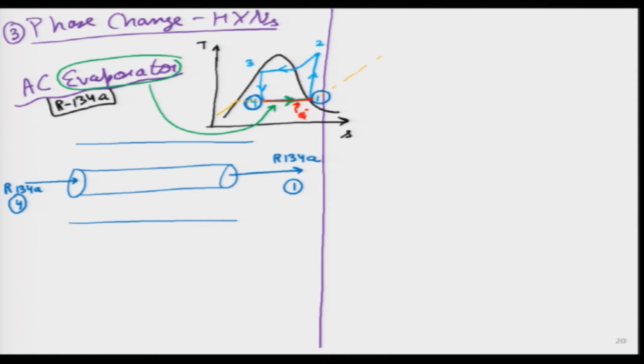And what we are trying to do is add heat to it. So, let me add some arrows which represent a lot of heat flux in terms of watts per meter square I am giving to it. How can I give some fluid heat? I can put it in a heat exchanger with some hot air coming in. So, let us say hot air is coming in over here in red arrows, and it is going out over there.